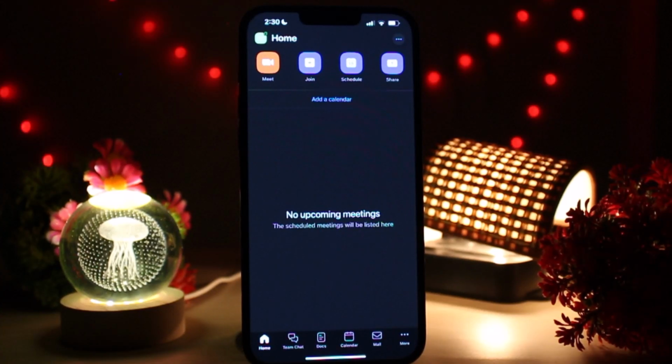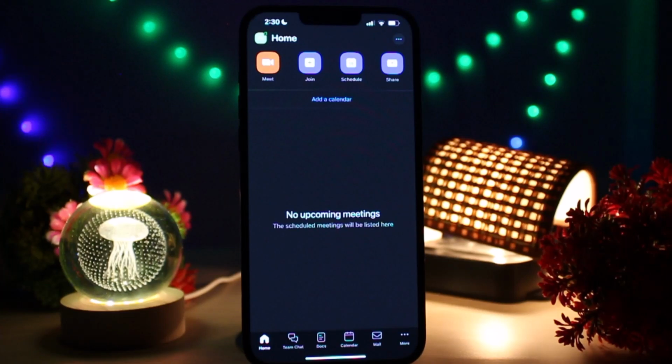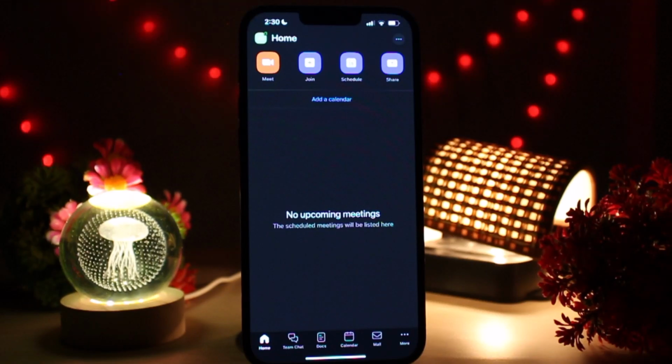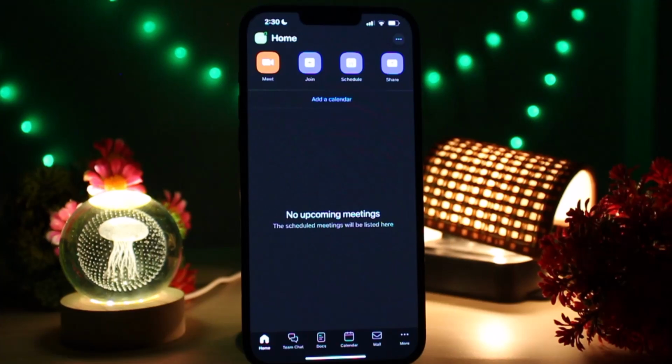At the bottom, you will see options: mute or unmute your mic, start video to turn your camera on or off, share content like photos or your screen, and tap on More or the three dots to access chat, raise hand, or backgrounds. When the class or meeting is over, tap Leave in the top right corner, then Leave Meeting to